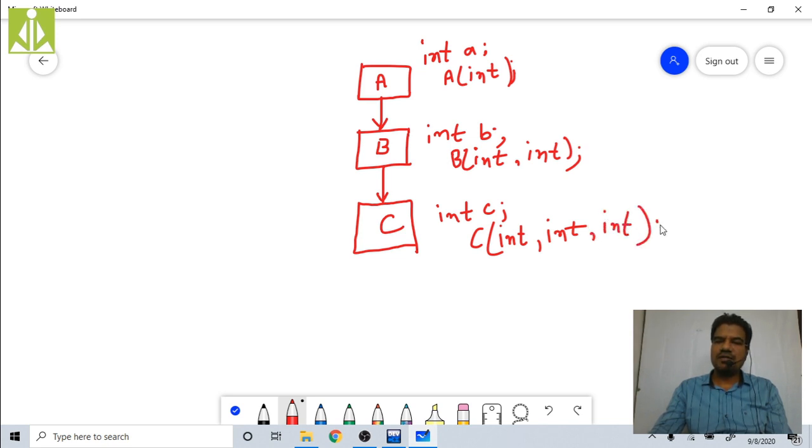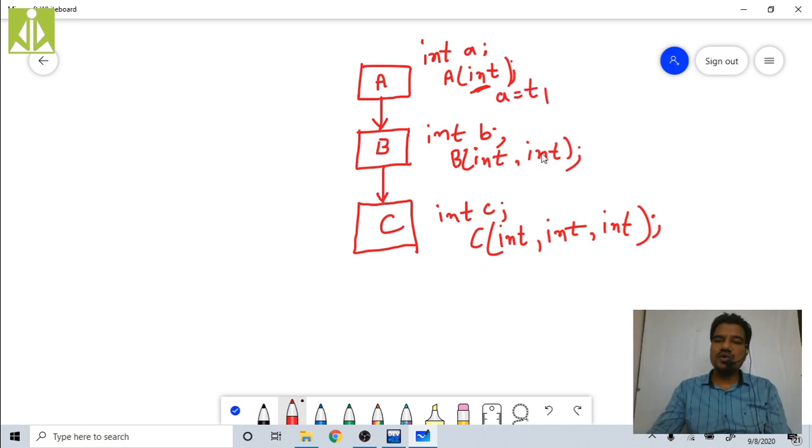So like this we take a semicolon at the end. Over here in this one, whatever parameter we are receiving, that is T1 we are receiving. So A is equal to T1, like that we are writing.